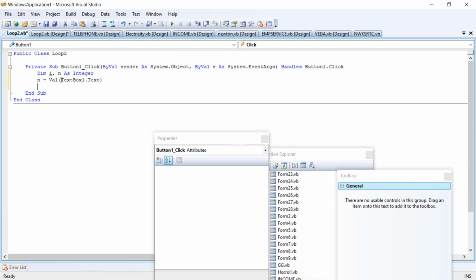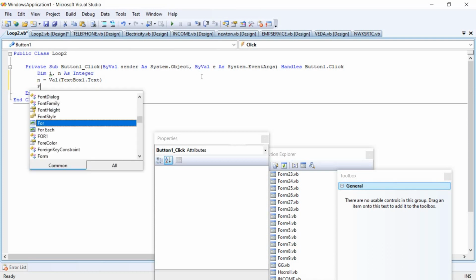The data which is entered in text box 1 is converted to number type using val function. Val is nothing but value. Later this is stored in the variable n. Next part, we have to begin with looping.